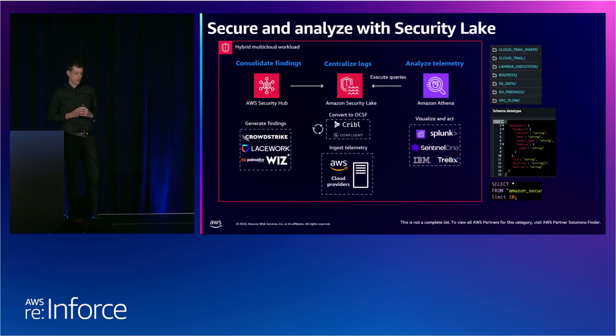Now we're going to take a look at Security Lake in practice, and a good place to start is clarifying a couple of concepts of logs and security findings. A log is just a basic, boring record of an event, whereas a security finding is going to give you not just the event information, but additional context and insight as to the impact and scope of your resources. An example of this could be Amazon Inspector findings, which are named after detected vulnerabilities and include security ratings, information about the affected resources, and detailed remediation steps.